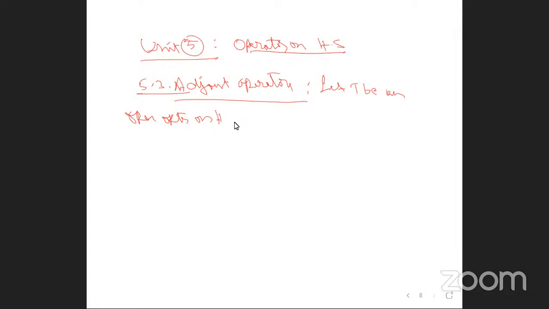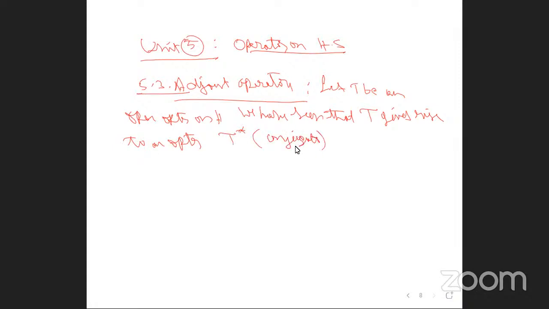We have seen that T gives rise to an operator T star, which is the conjugate. T star is the conjugate operator on H star, where H star means the Hilbert space, defined by